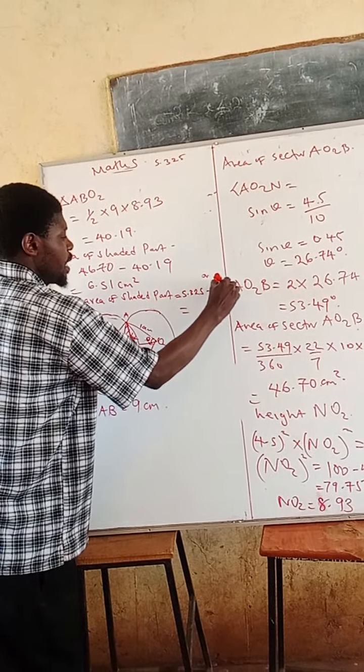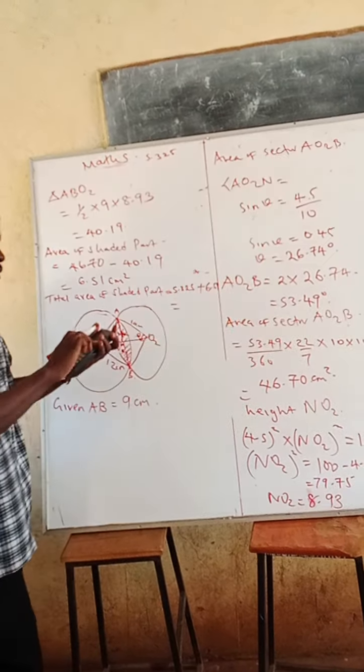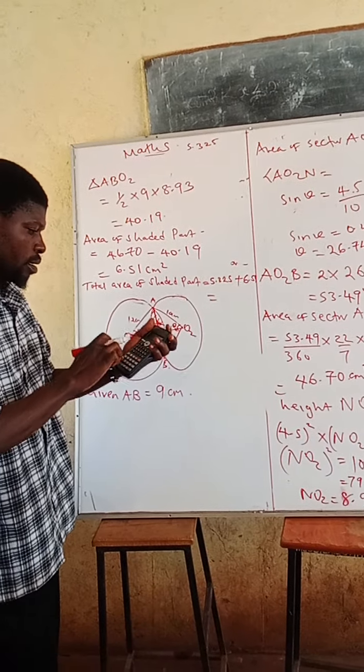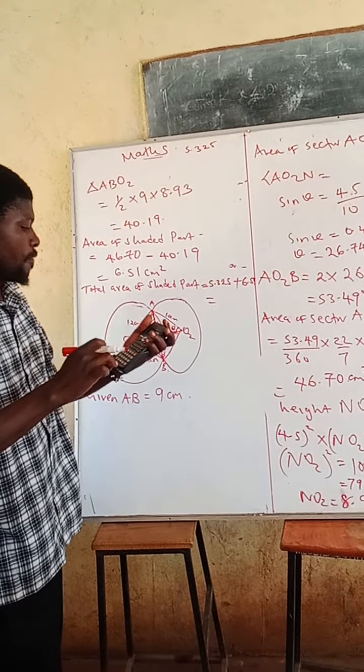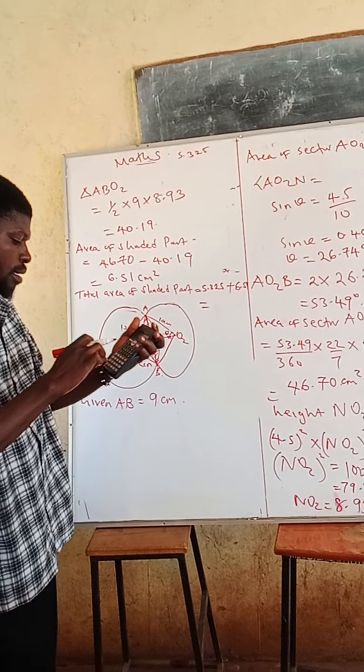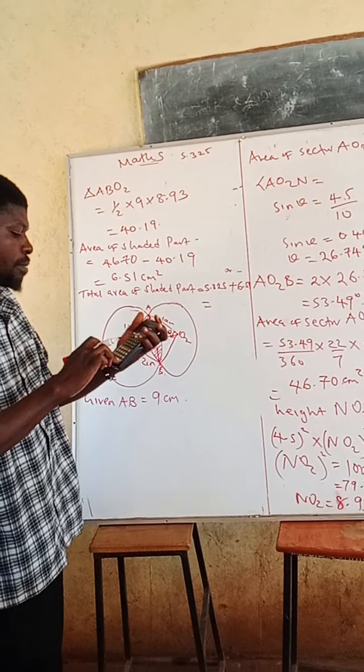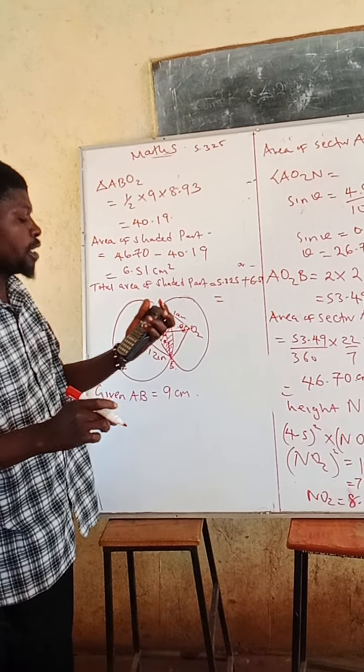According to my calculator, 6.51 plus 5.325, the answer becomes 11.835